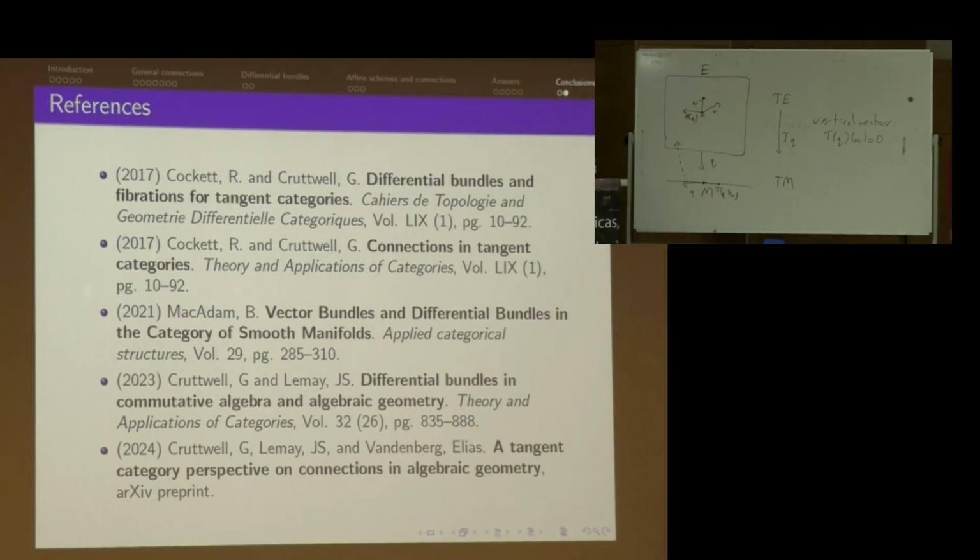So I have a question, actually. If you went to an algebraic geometer and showed them your definition of differential bundle and the theorem of U and JS, would they say, oh yeah, or would they be shocked, or what? I don't know.